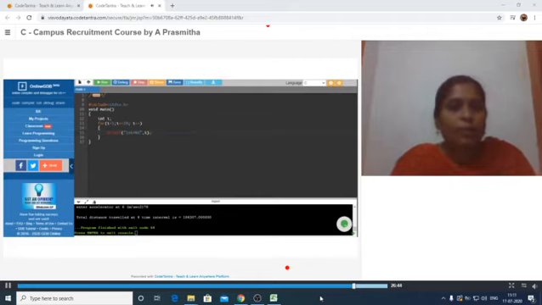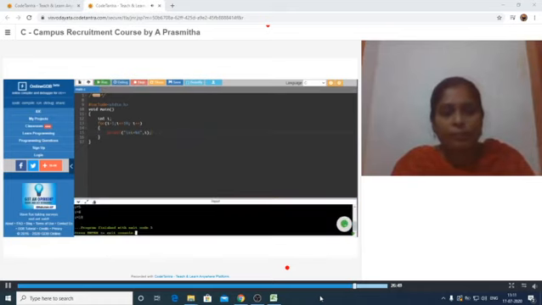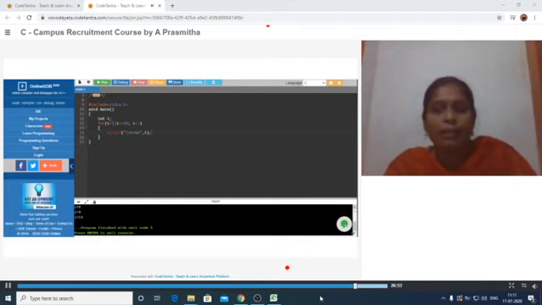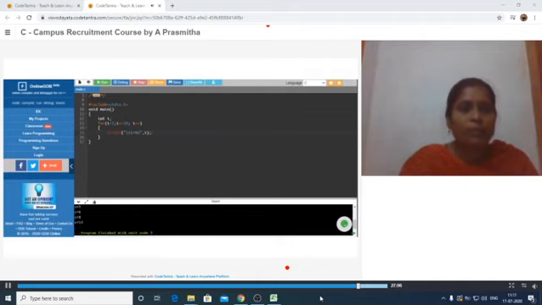Now let me run this program. Check this. This program is simply printing all the values: 1, 2, 3, 4, 5, 6, 7, 8, 9, 10. So this is how it is working.